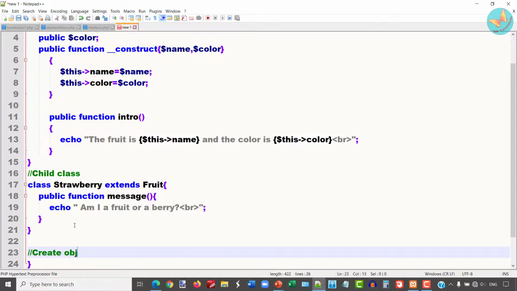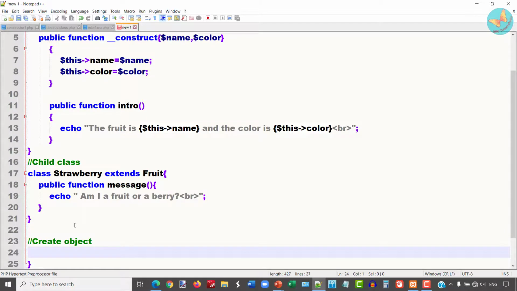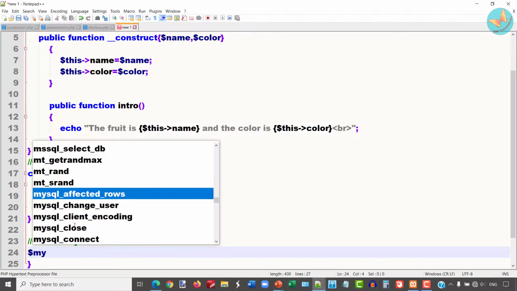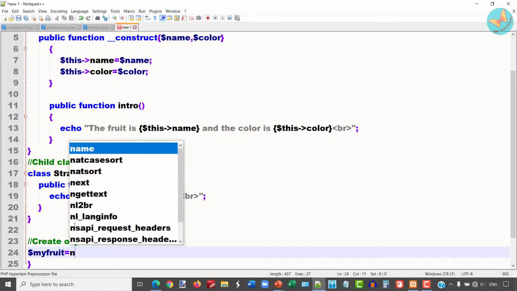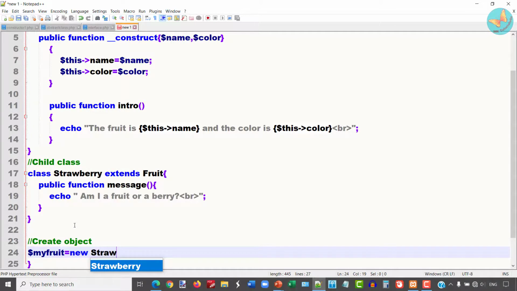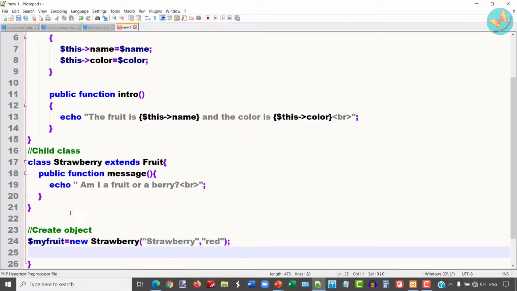Now next I'm going to create an object. I'm going to first create one object variable of class new strawberry. This time I'm going to pass it the name of the fruit, strawberry, and the color as red.